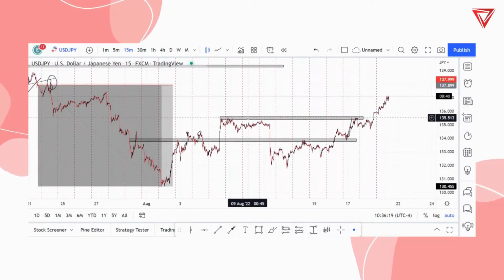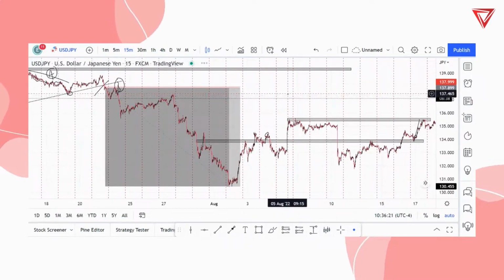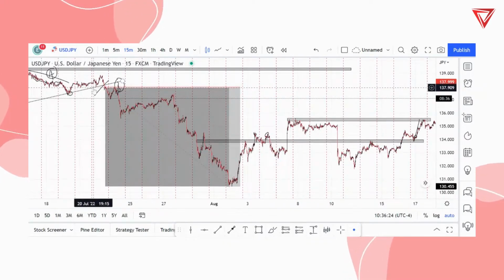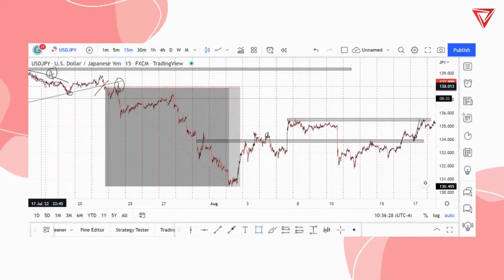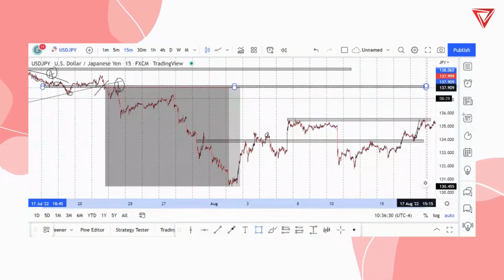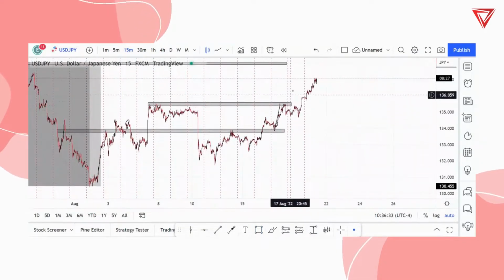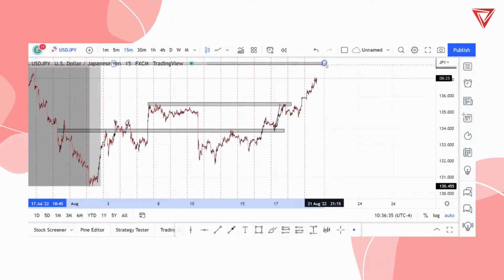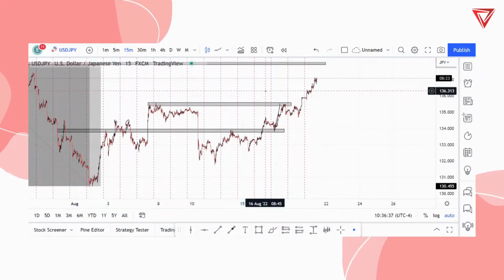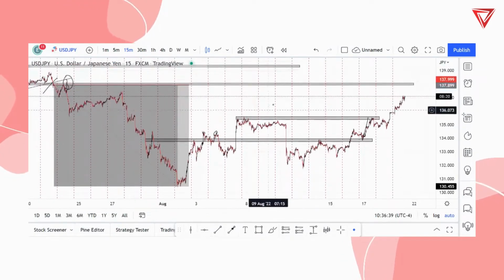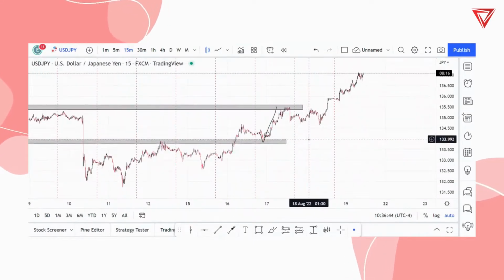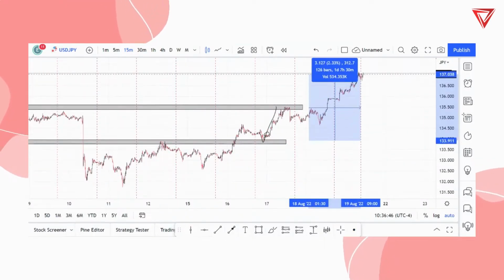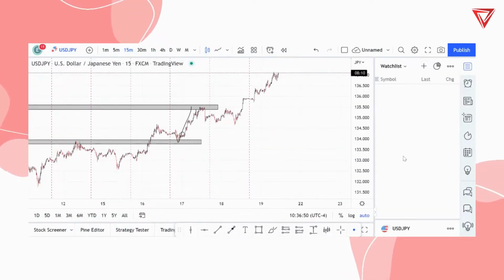The next area I think it could possibly try to get to, obviously, is the next liquidity zone, which would be something like here, where there's a lot of liquidity being built up or has been built up, which would be something like that. And it's interesting because it looks like it is trying to make its way towards that right now. Is it going to get there today? Is it going to get there tomorrow? I don't know, but it is what it is. But I want you to picture, again, if you could have caught an entry off of this low, that is a 300 pip move in 3 days. All right, good. That's UJ.